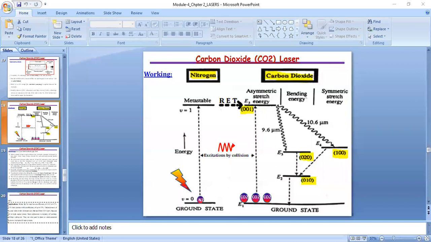In semiconductor laser, I repeat once again, we have p-type and n-type semiconductors fused together. N-type semiconductor contains electrons and p-type semiconductor contains holes. The electrons from the n-type semiconductor, when kept in contact with p-type, start to move into the p-type material, and they will combine with the holes. Once they combine with the holes, they will emit radiation. This is the principle behind the semiconductor laser.